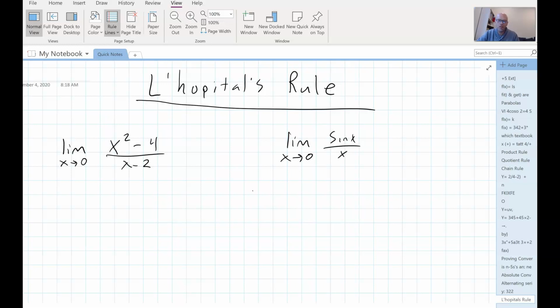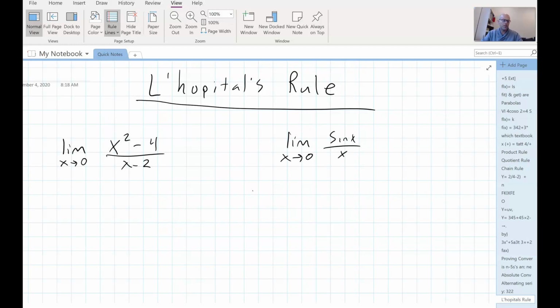Sometimes we used what I call the near side method, where we just get really close to the graph and look at what's happening on both sides of the value that x is approaching. Well, this is just another technique for evaluating limits. It's called L'Hôpital's rule. So the idea is